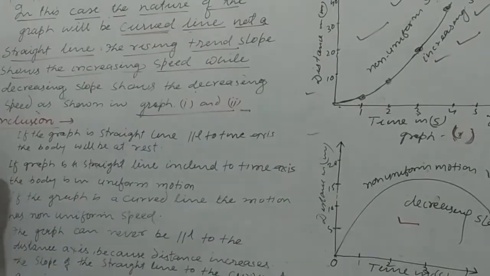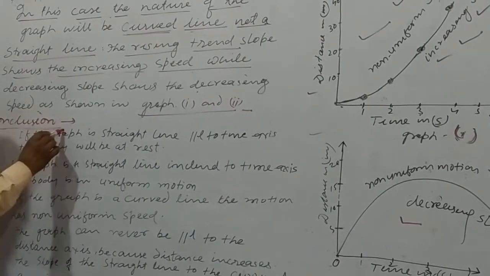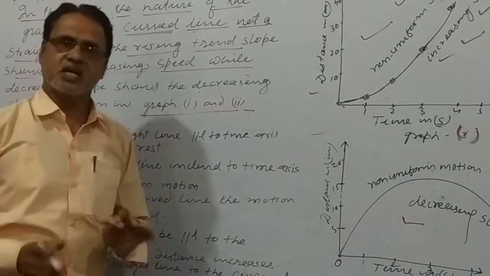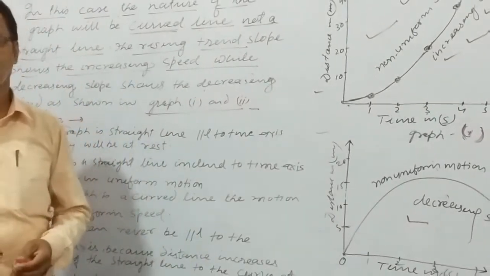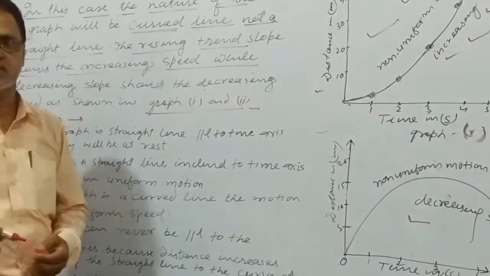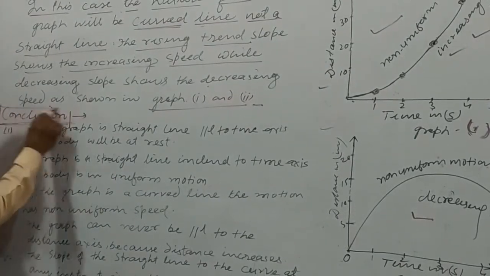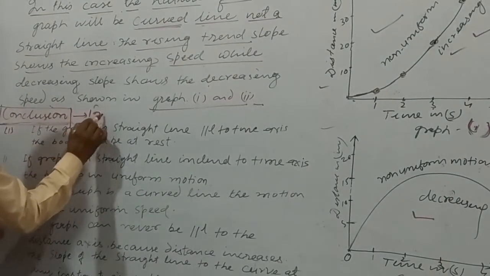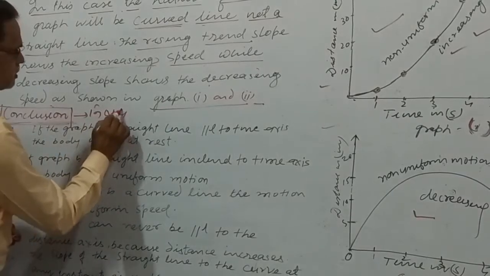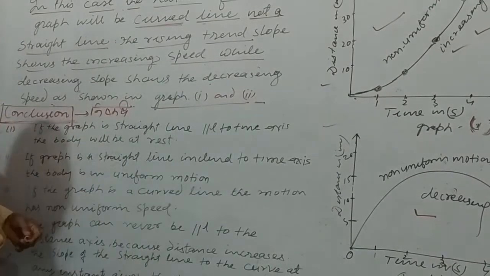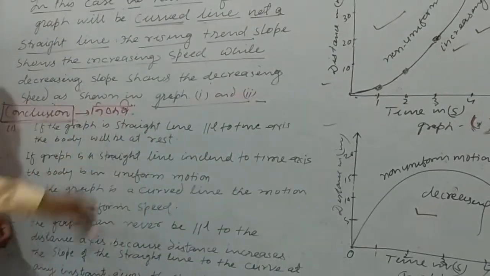Now, what conclusion do we get from the distance time graph? What conclusion do we get from the distance time graph? So we know the conclusion. Conclusion is niskars. What conclusion do we get from this